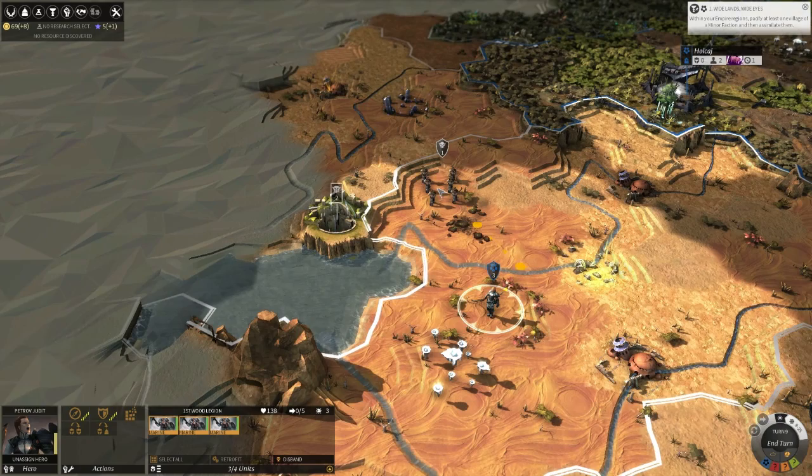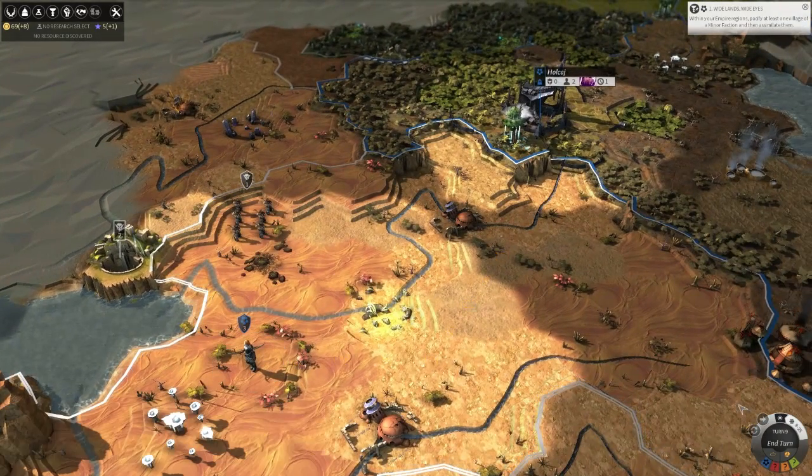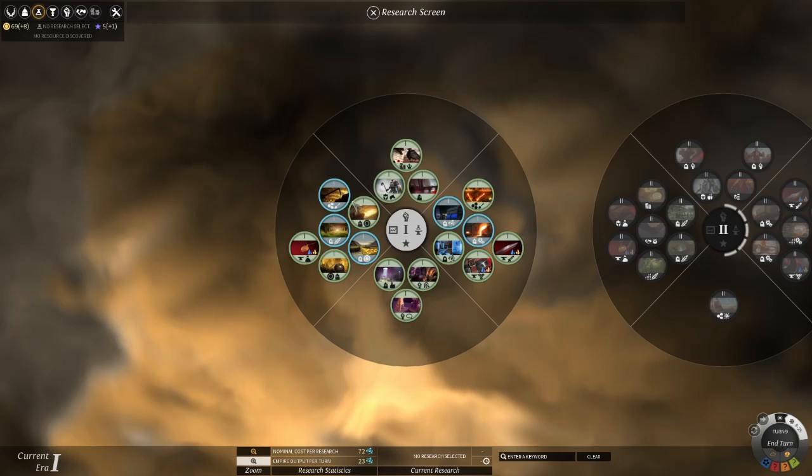Anyway, can we attack them? We can attack them, but I don't really want to attack them. I want to come back to my city because it is undefended after all. We need to set some more research as well, so let us sort that out. Let us research probably...